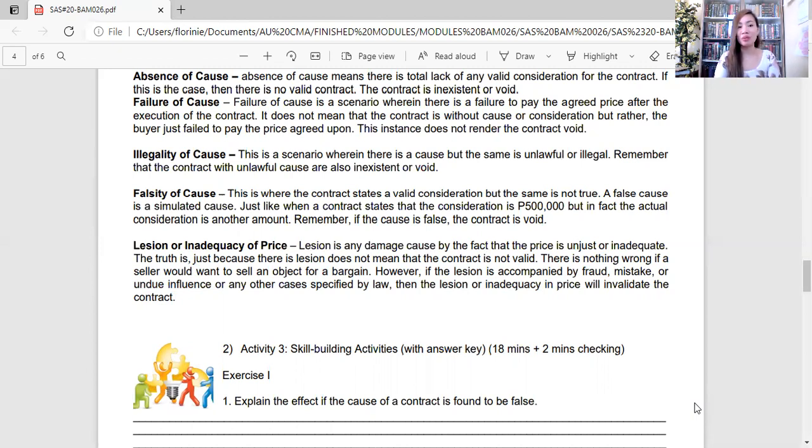Mabigyan ko kayo ng example. Kailan ba nagkakaroon ng ganito? So, halimbawa, yung tao nagmamadali na mag-a-abroad. For some reason, talagang willing naman talaga siya at alam niyang palugi ang benta ng kanyang mga ari-arian dito sa Pilipinas. Pero binenta pa rin niya, kahit mababang halaga. So, is the contract valid or voidable? The answer is no. Pero kapag halimbawa may lokohan na nangyari,